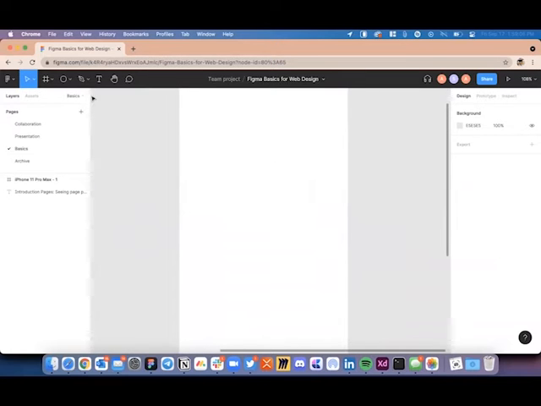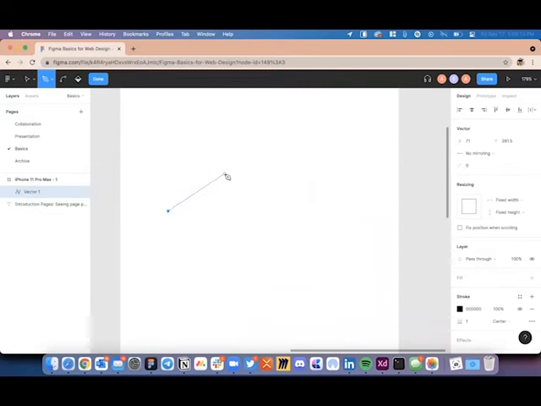Okay. So if you have used any other design software before, I'm pretty sure you're familiar with it, but the pen tool is basically a tool which allows you to create custom shapes in Figma. We are not going to be using the pen tool today, but you can go ahead and explore it by yourself. It allows you to create different intersection points for a shape, and then change the curvature corresponding to each point like this.